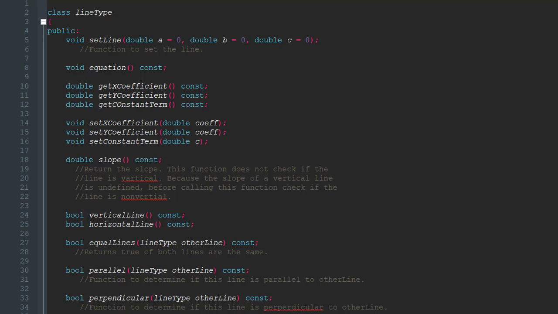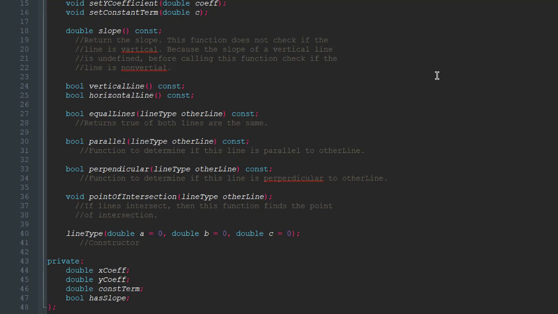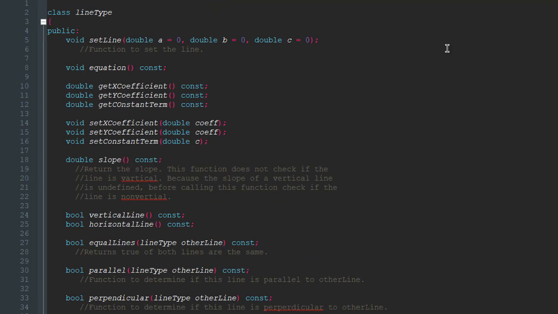Hello everybody and welcome back to another C++ programming exercise video, and in today's video we're going to be doing C++ programming exercise number 18. Now C++ programming exercise number 18 says the equation of a line in standard form is ax plus by equals c,